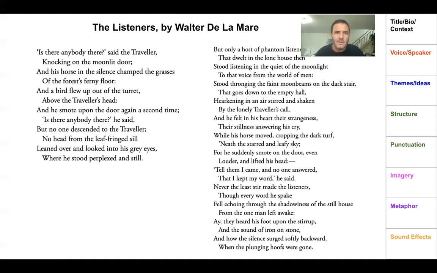Well, we have this kind of archaic language. It's like a horror story, really. It's got all of that kind of archetypal things of a traveller alone, a moonlit night, a horse, silence, creates a very intense, unsettling, spooky atmosphere. A bird flew up from the turret, shocked and startled because we're listening and we're keen and it's silent, and all of a sudden there's a disruption. So there's little peaks of tension within this.